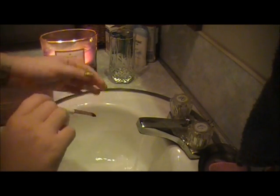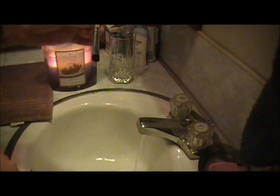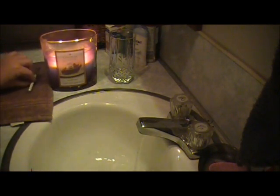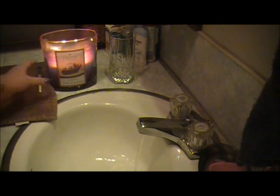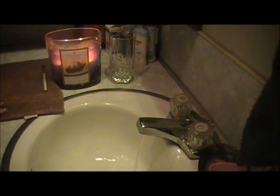Now brushes like this, I don't feel like they need a brush guard really. Anything that's just like a flat shader brush, I think is fine to just lay on its side and dry. So I'll just put them over here onto the towel. And I prefer to elevate them. So usually I'll get anything,